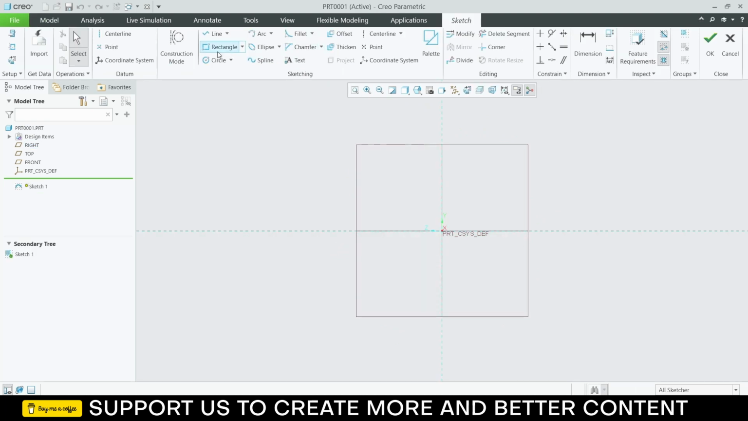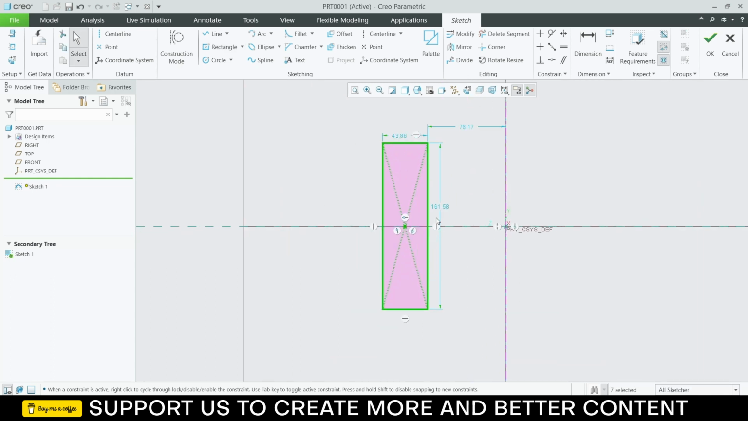Click on Sketch. Draw a center line here. Click on the middle mouse button and click on center rectangle. Click on the middle mouse button. Enter the value carefully and think about what you are going to do. So I'm making it rough dimensions. Okay, so what I'm going to put here is